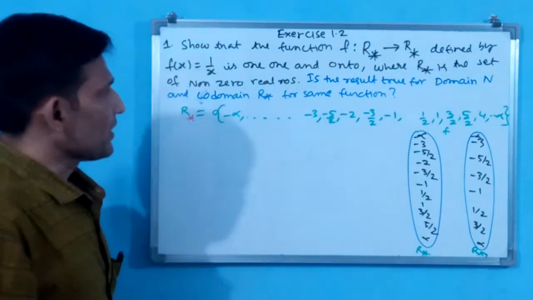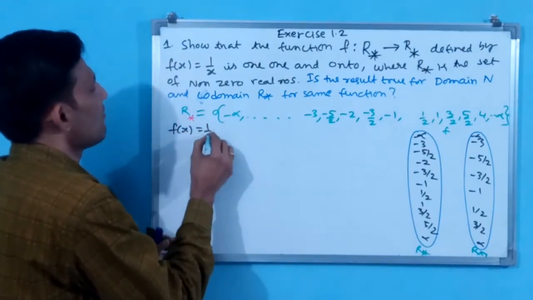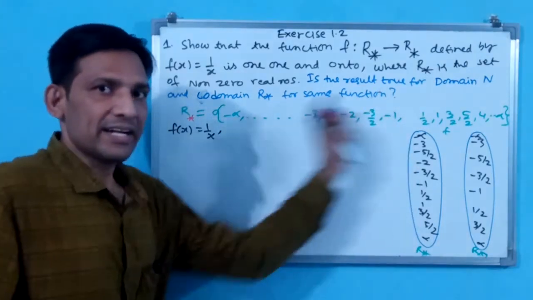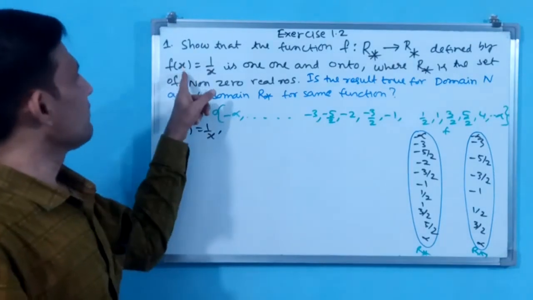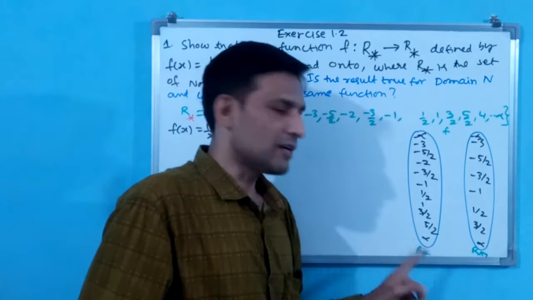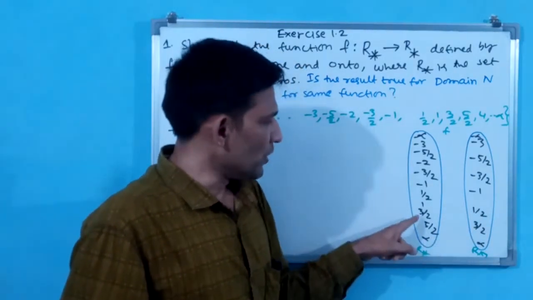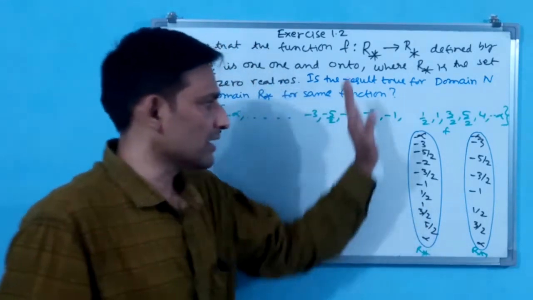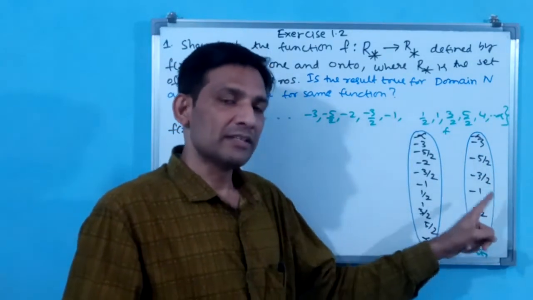Okay, now I am writing the function here. You see, f of x is equal to 1 by x. Each one from the domain I take and see the relation, whether all are going to come or not. See, he is only telling function means all should be taken from the domain. All should be taken. Why? Because if you have not taken something, then this is not going to become a function. If you left 3 by 2 by taking 1 and 5 by 2, then this is not a function. Why? Because each and every element should have one and only one image.